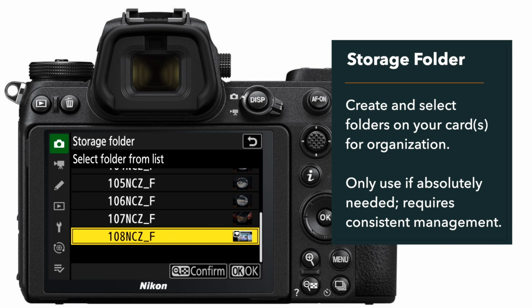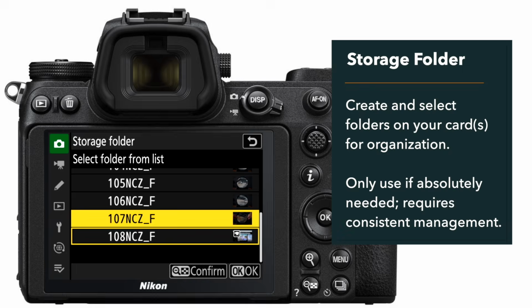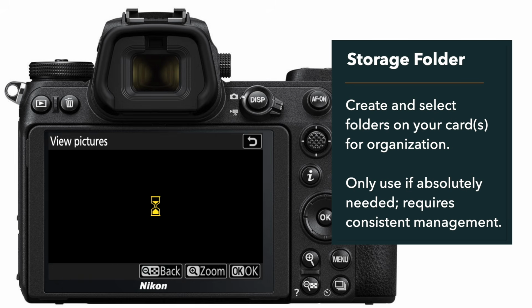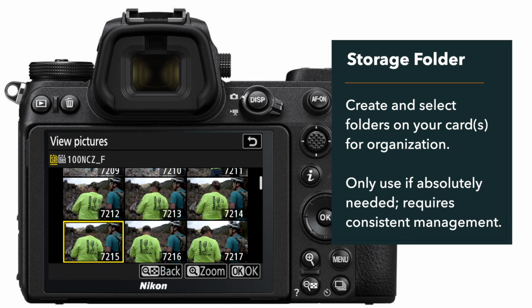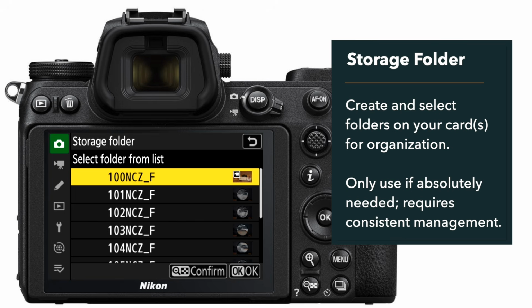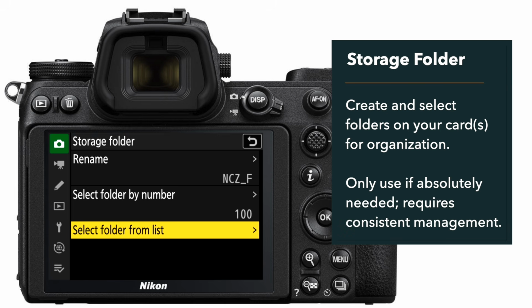I find the easiest way to select a previously created folder is to go into Select Folder from List. You'll be presented with a list of all of your folders, and you can highlight a folder and press the zoom out button, that's the instructions on the bottom of the screen, to view all of the photos in that folder. You highlight the folder that you want all photos to be recorded to and press OK. So those are custom folders. Again, if you're on a trip and you want to organize your trip, or you're doing some kind of event photography and want to organize it by event,